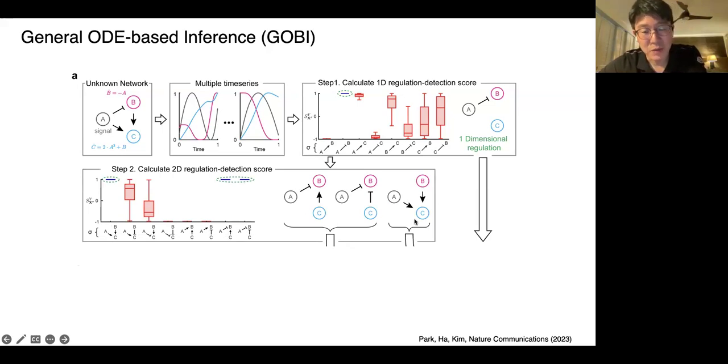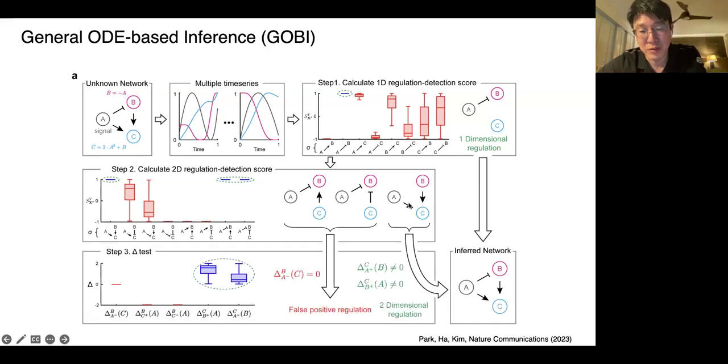So there are 3 inferred 2D regulations, but we should be careful, because in the first 2 cases you can see that C to B has a conflicting result. That means this is not the correct one, so only the A to B negative regulation, 1D, is the case. So there is only a single 2D regulation inferred. By merging the original 1D regulation and the 2D regulation, now we can infer the original network structure.